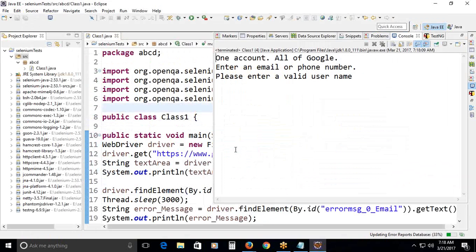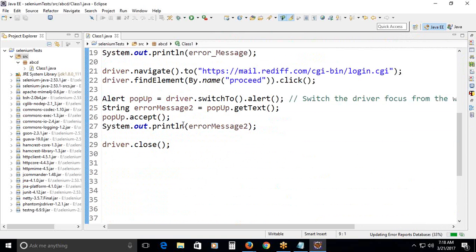Navigate to this one. Now enter. Okay, Preeti Joshi, we captured the third error message. The first one is not an error message, it is a text area. The second one is an error message. The third one is also an error message from the pop-up. After that, if you try to enter some value into the edit box,